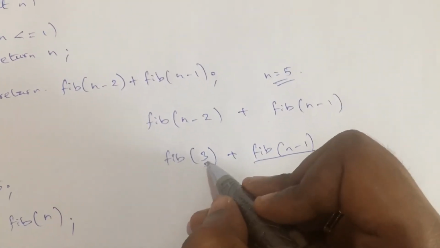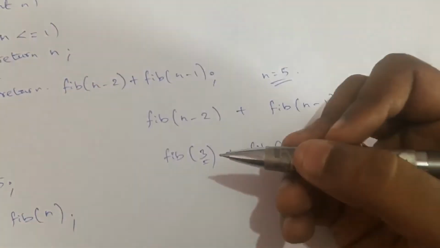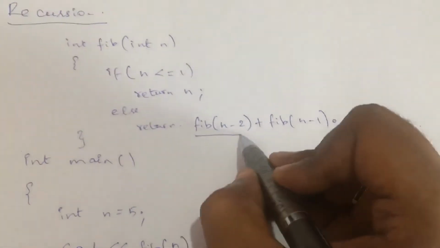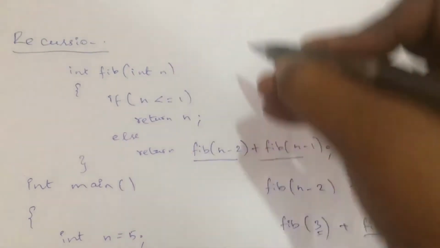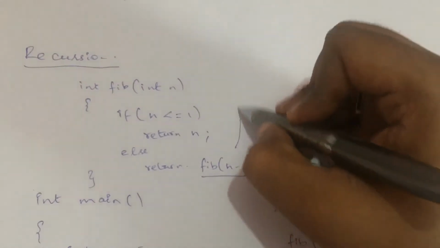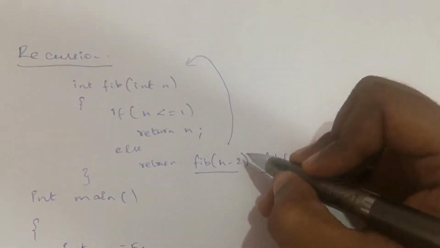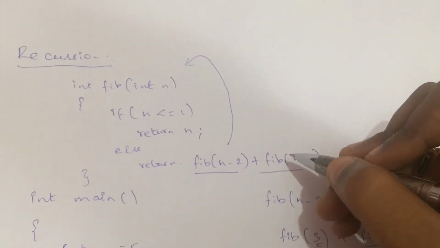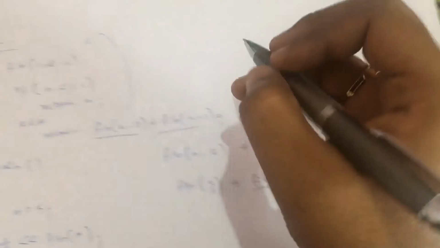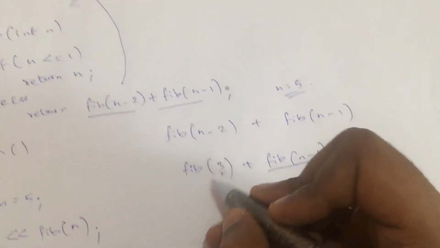Next, again I have to start with the recursion process. See here, fib of n minus 2, it won't go with the right-hand part. After this it will just start with the same function again. So the control is transferred over here. Only when this part returns a value, it will move back to the remaining cases. So first, 3 will be reduced by 2 again.